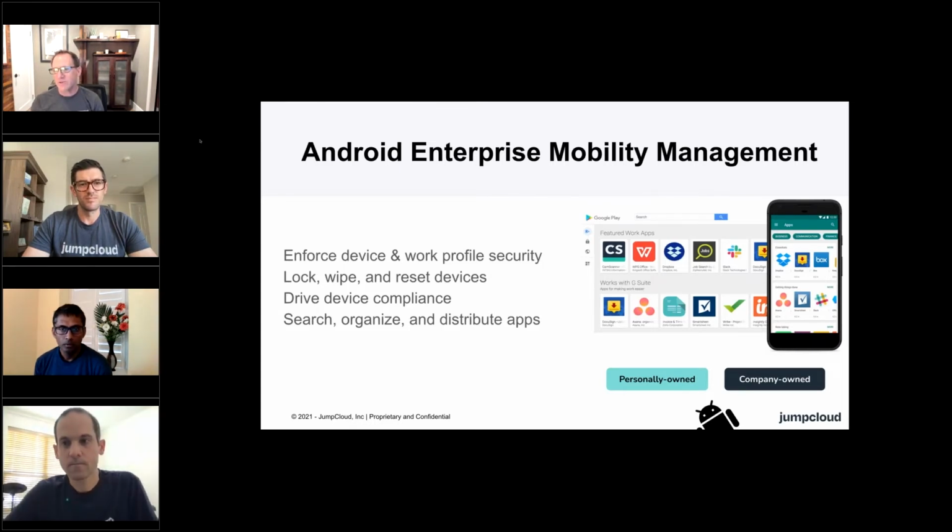So it's going to be really 3 major chunks of functionality. It'll be integrated directly with Google, so you'll be able to manage your apps and your integration from the JumpCloud admin console. It'll be pretty exciting. So imagine that in 2023 you'll be able to have a really solid end-to-end mobility story for both Apple and Google, and we'll have you covered for any scenario. So we're really excited about this. Next up,